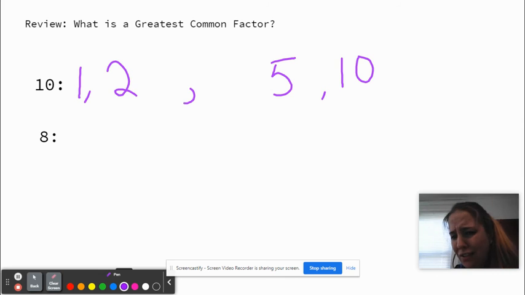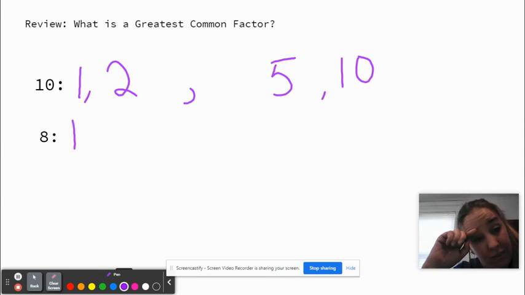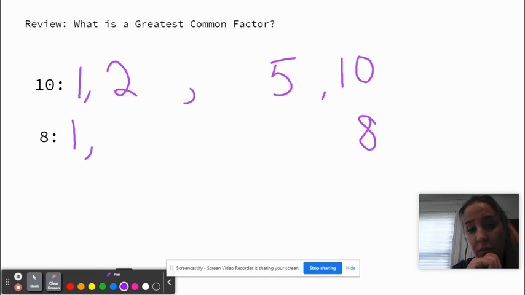Let's list factors of 8. Well, 1 is basically a factor of everything. So 1 and 8, obviously 1 goes into 8 one time. Is 2 a factor of 8? Yeah, because 2 times 4 is 8. Is 3 a factor of 8? No. And is 4? Yeah, we already have it listed, so we know we're right there. Cool. So now that you remember what factors are,